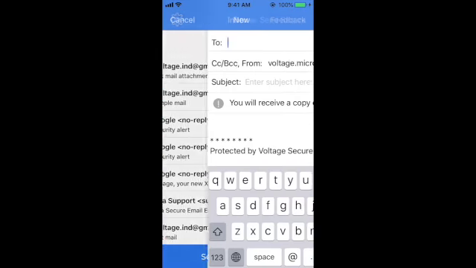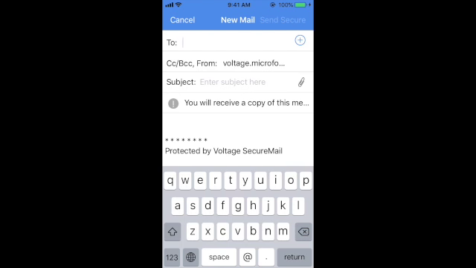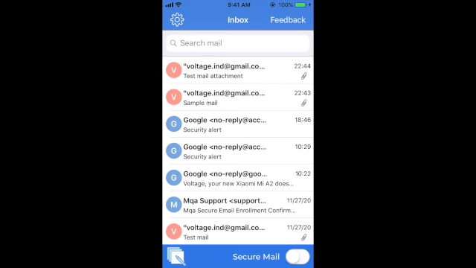And now apart from that, we also have provision for composing a new encrypted email and sending to the recipients. Now the decryption process that we have displayed, one thing to note is while performing this operation, that is encryption or decryption, we ensure that none of the user details or emails are saved neither locally in the application nor remotely on the server. Also, when we try to sign in, the access token that we received, we do not send it to the voltage mail server.